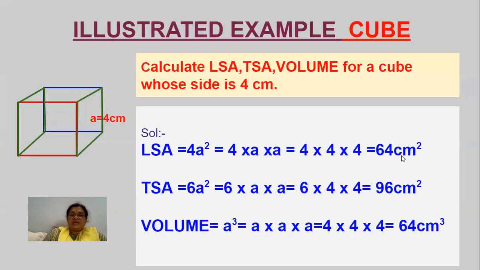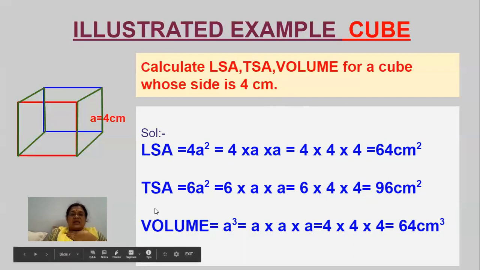They don't write the units. These units are also very important. You have to mention these units. This is because this is the area. You have to mention the units as centimeter square, because the side is in centimeters. So you have to write centimeter square, or else you can write square centimeters.